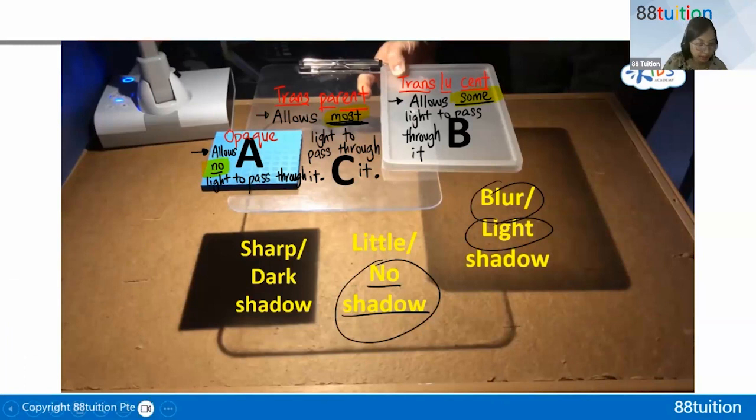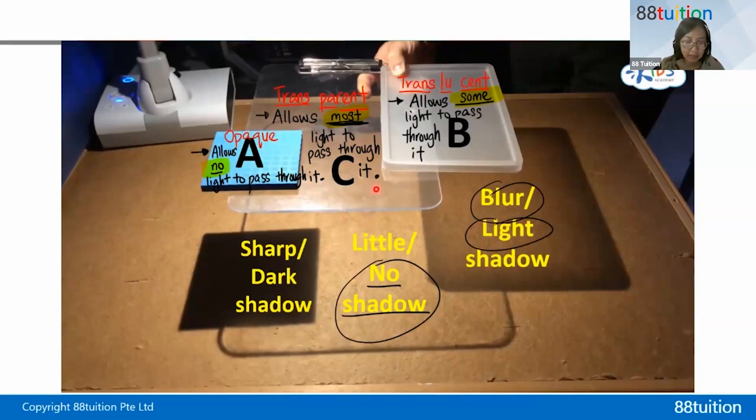All right, so everybody clear now? Because if a lot of light can pass through it, that's why there's so much light here. Okay, here this material, no light can pass through. So here there's no light. That's why it's so black in color. Here there's no light, that's why the shadow is very dark. But here, if some light can pass through, then your shadow is a bit lighter. You see, there's some light here. I can see brighter, some light.